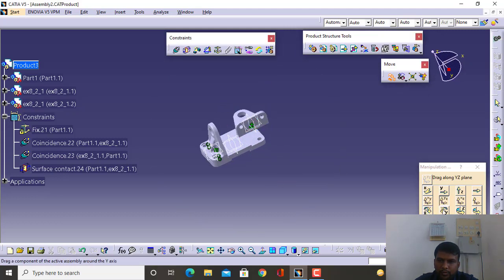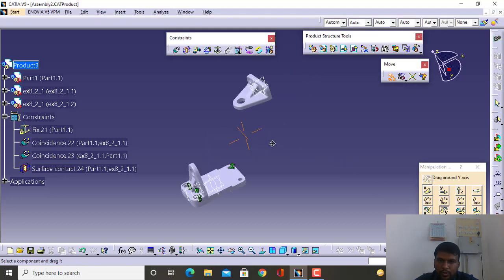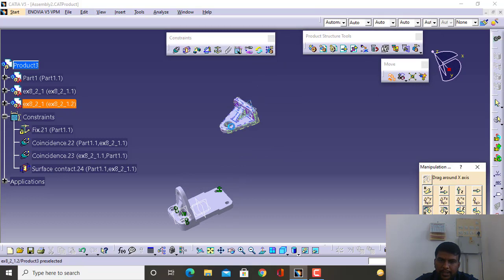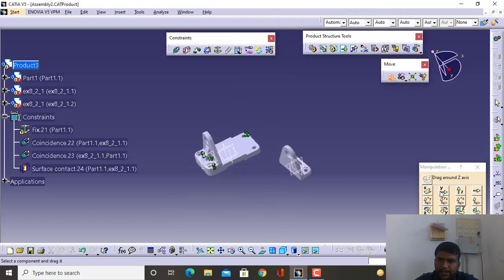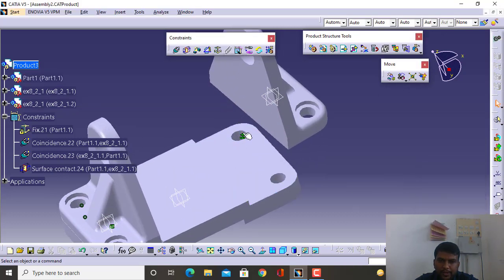Once you are done with the movement, once you are okay with your part placement, then you can apply the constraint here. So now my part is placed at the correct location. Then click on OK and then zoom in.